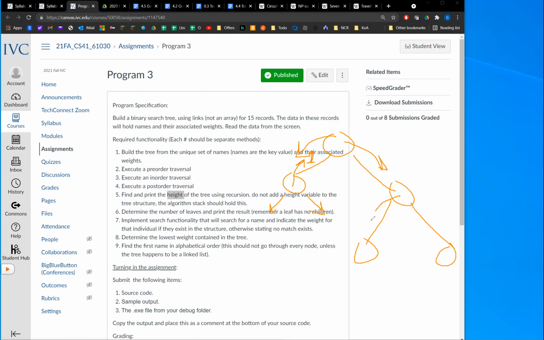Comes in here, I'm not a leaf, so I'll ask my children. Says I'm a leaf, return back a 1. Says I'm a leaf, return back a 1. And you just add those together. There are 2 leaves in this subtree. That 2 comes back with this 1. Right, add those together and we get 3 leaves